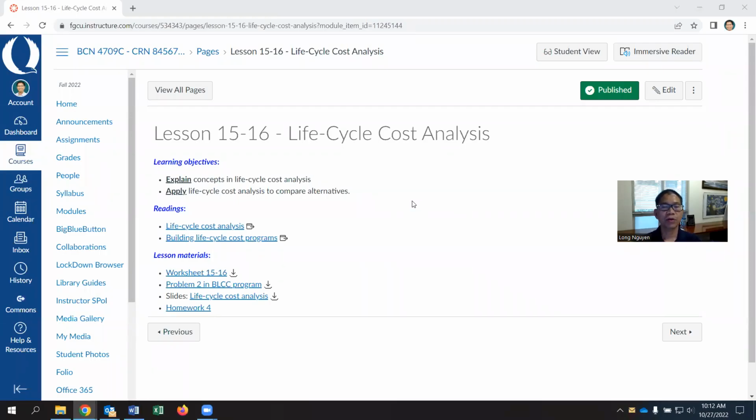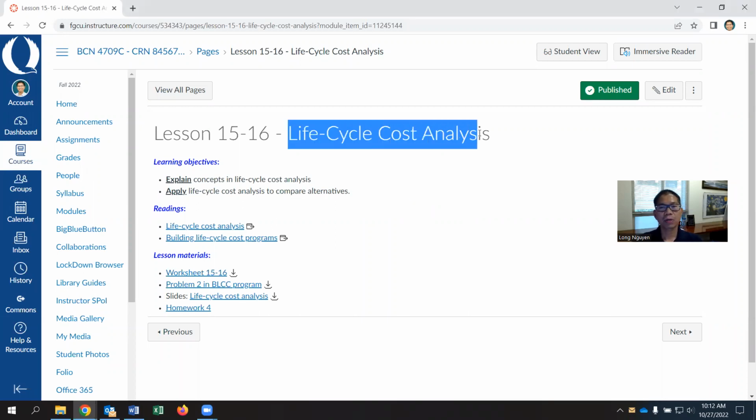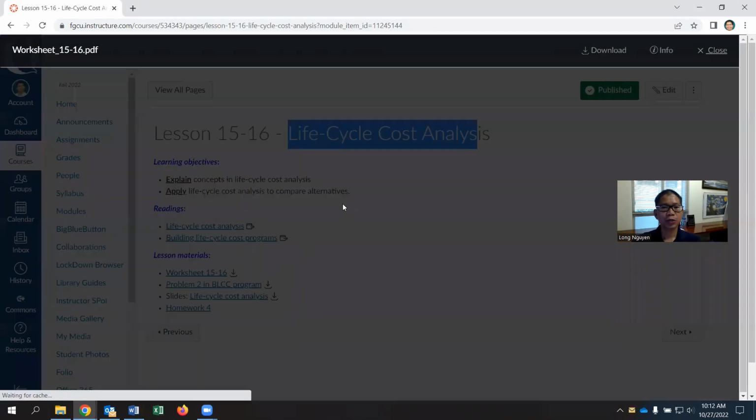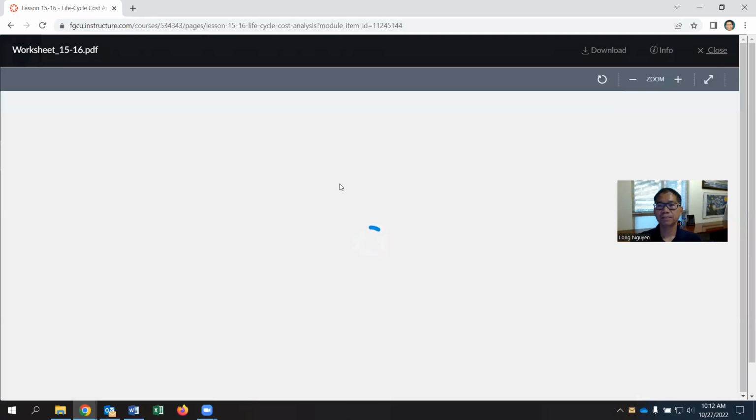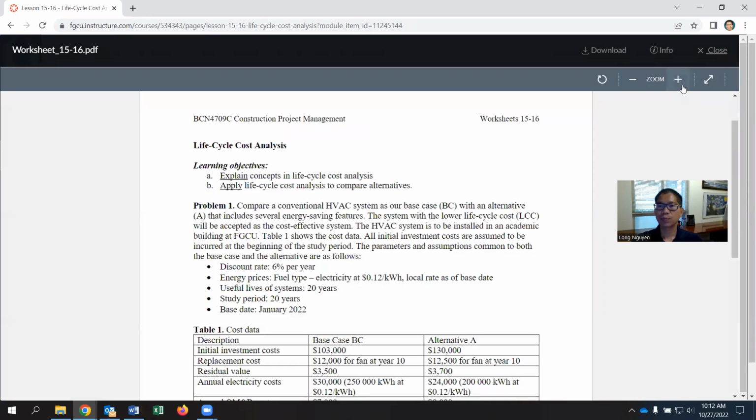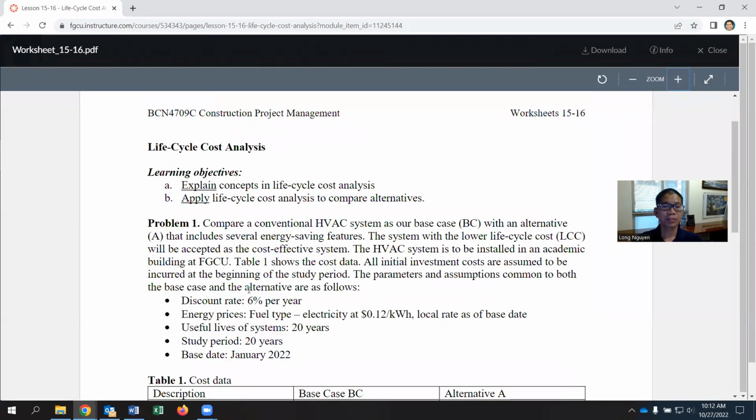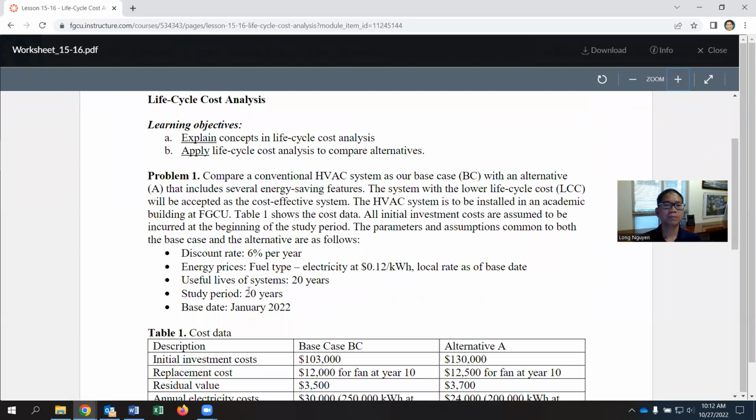Let's go over the program we use for life cycle cost analysis, and just go to the worksheet of this lesson. And we have two problems with the same data. The first problem